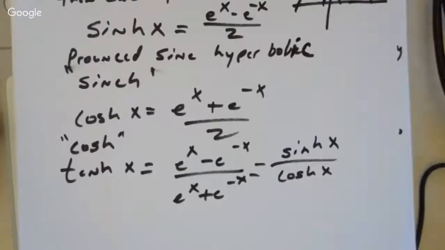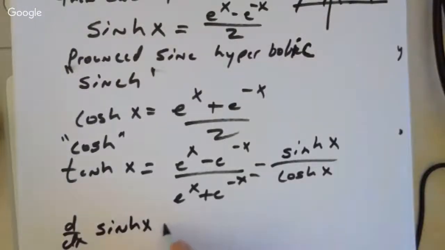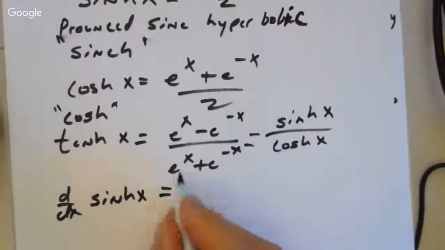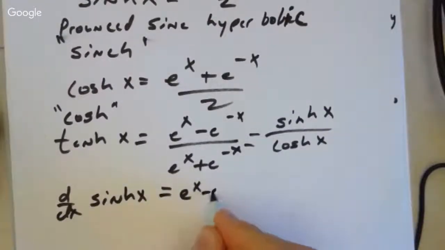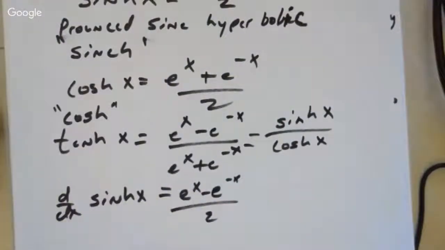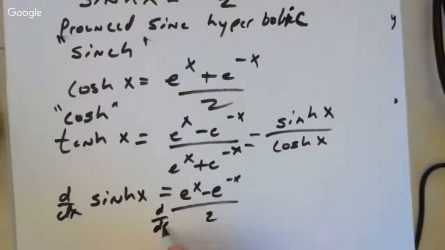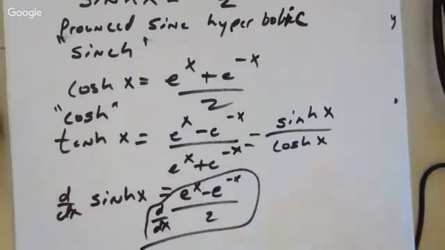Okay, so here's my question to you. In this alternate geometry, is anything different? No, it is not different in terms of calculus. So here's what I want you to find. I want you to find the derivative of sinh of x, but I don't want you to do it that way. I want you to do it using this. What's the derivative of e to the x minus e to the negative x all over 2? And then find out what that's equal to. So find the derivative with respect to x of this puppy right here.